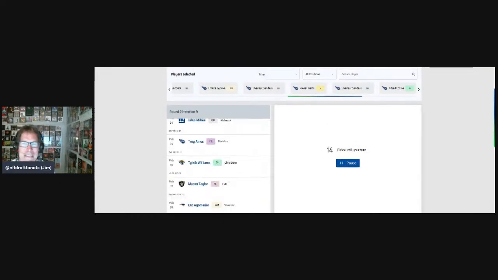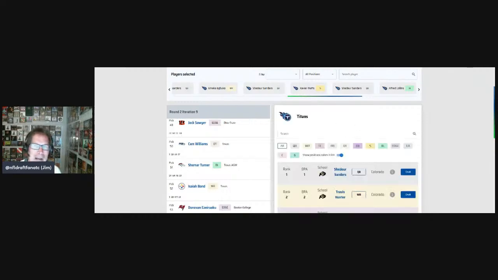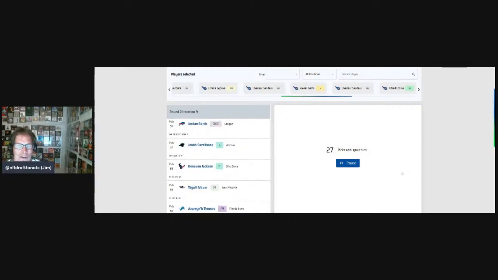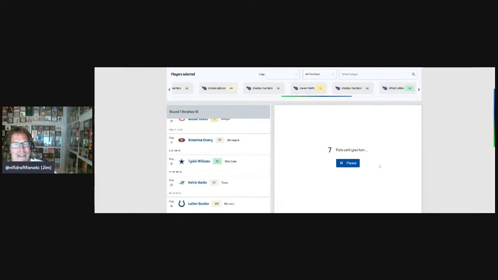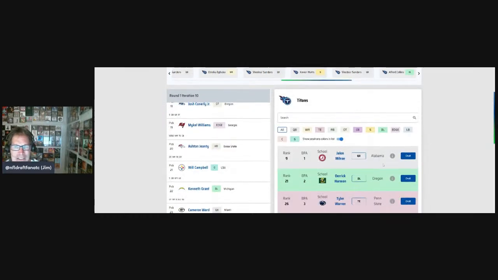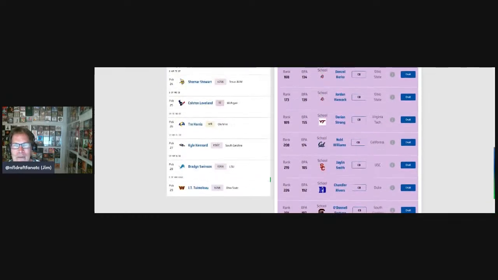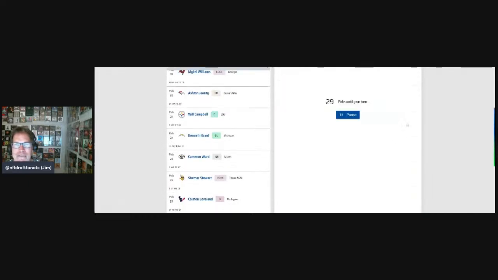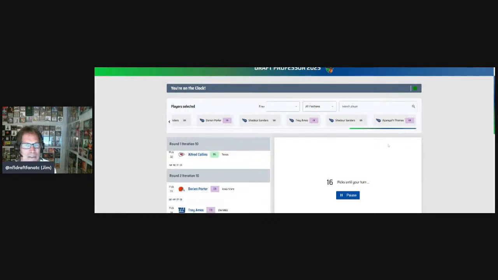And ultimately, this is how you can enforce your board. So let's say you want a specific type of corner. You'd rather have a slot corner than a boundary corner, or you want a certain type of receiver. You want a slot receiver versus a big body receiver. When you do this, you can bias your picks to only pick the slot corners or the slot receivers, and it's not just a linear board. It's a board that is specific to how you see the player and how they fit the team that you're drafting for. So that last one was Azareye'h Thomas.